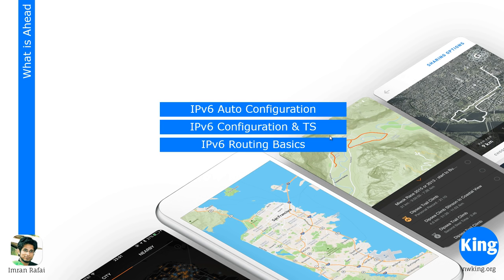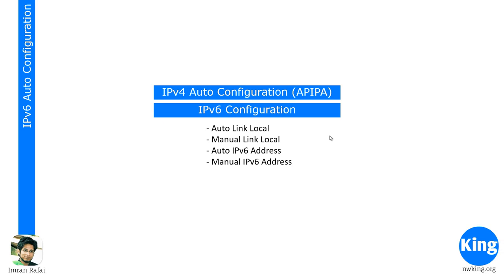We're going to look at three things like always: IPv6 auto configuration, IPv6 configuration and troubleshooting, and we will look at IPv6 routing basics, where we will look at some static routing and RIPng, or RIP next generation routing. So like we learned in our last video, IPv4 has an auto configuration IP address known as APIPA,